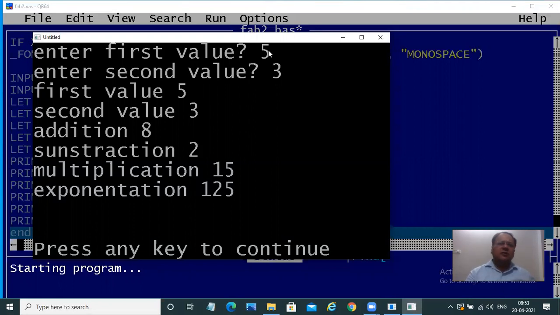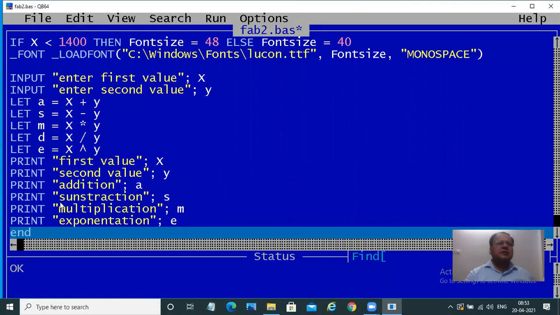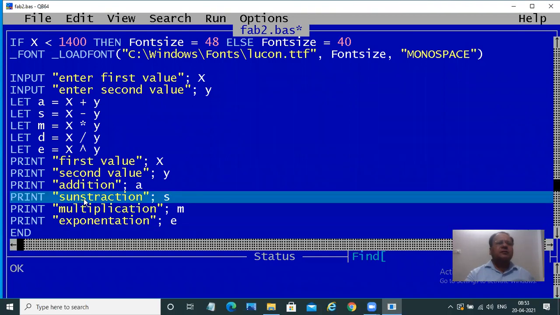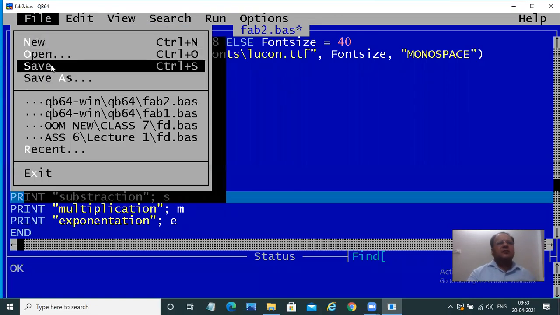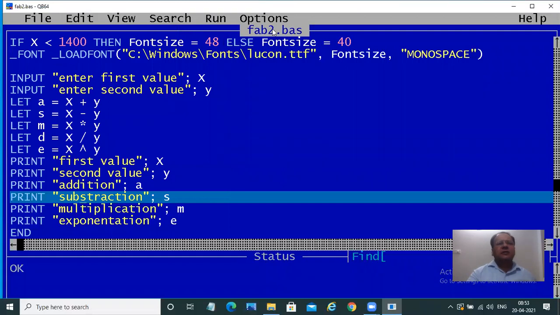So don't worry about spellings. This is computing, and here you're bound to make spelling mistakes. We are not concerned with spelling. This is not an English class. So we go and we say save. And now this file has been saved by the name of Fab2. The first one we had it by the name of Fab1. Okay. So this is how it works when we do simple addition, multiplication, division, and subtraction.